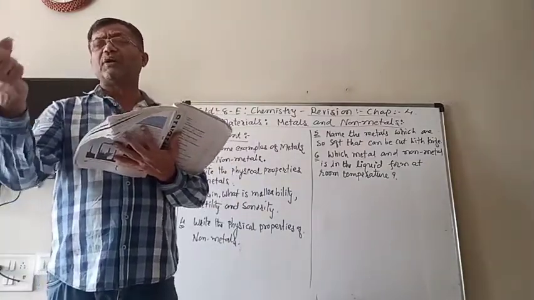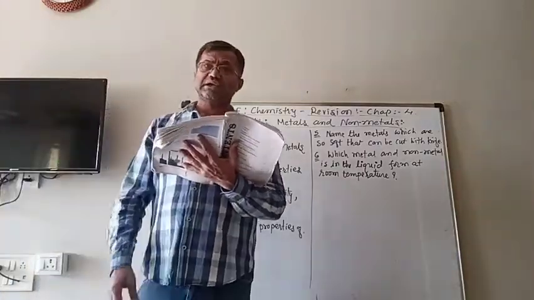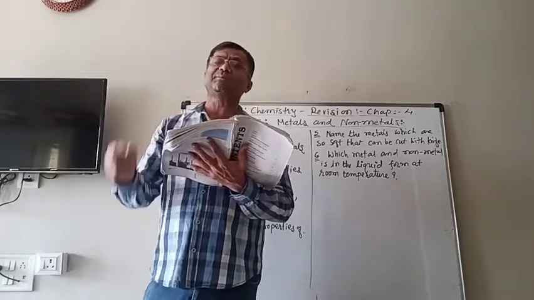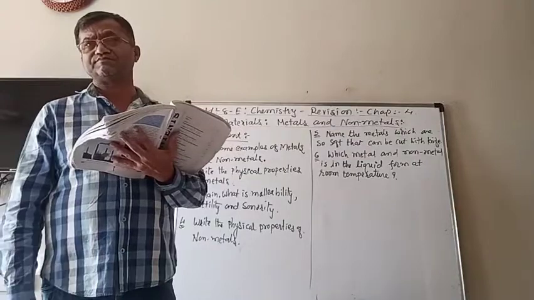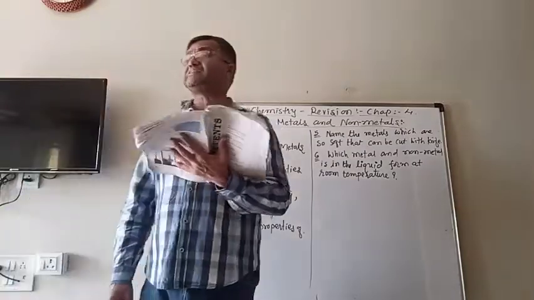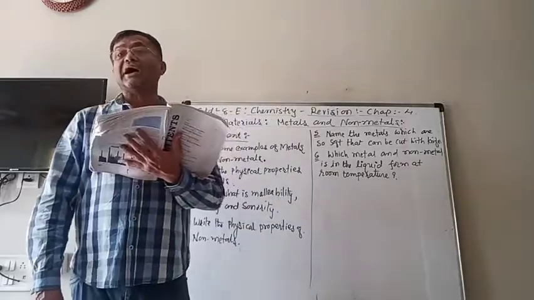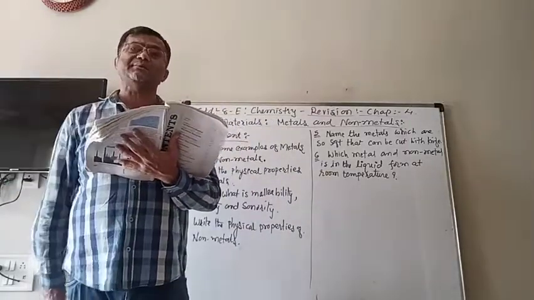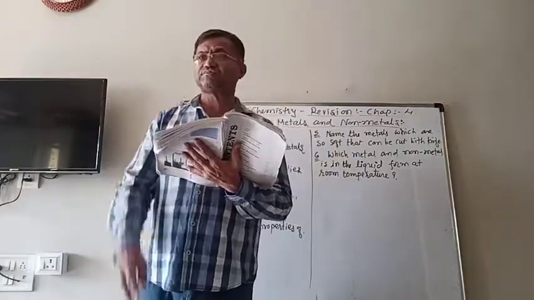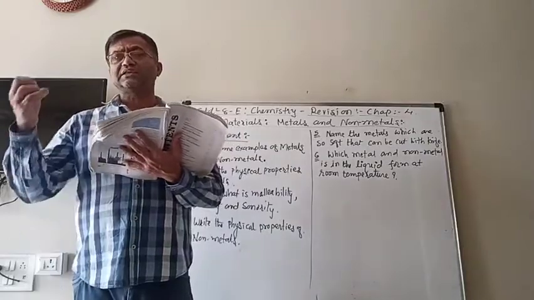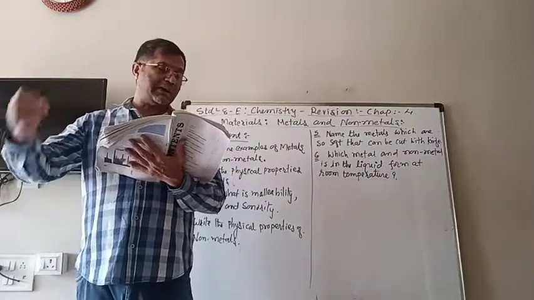A form of carbon, that is graphite, which is used as the lead of the pencil, is a little shiny. Similarly, there is another non-metal, iodine. Iodine also has a shiny appearance. So there are two exceptions that are non-metals but have shiny luster like the metals have.